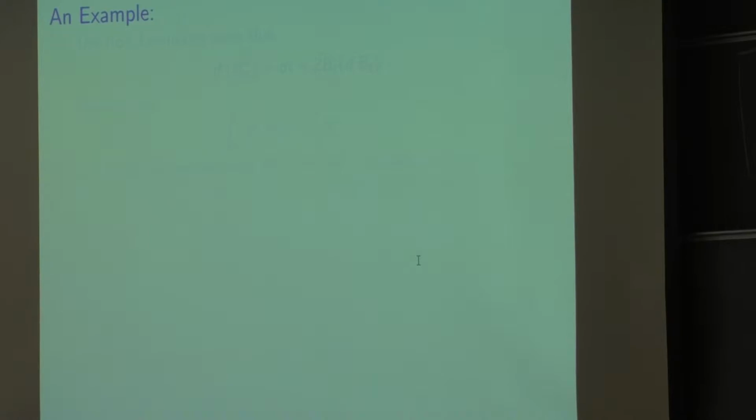Okay, now before we start collecting the fruits of Ito's lemma, let's see some examples. Let's make sure that we know what it says and how to use it. So let's use Ito's lemma to show that. So what am I doing here? I'm saying